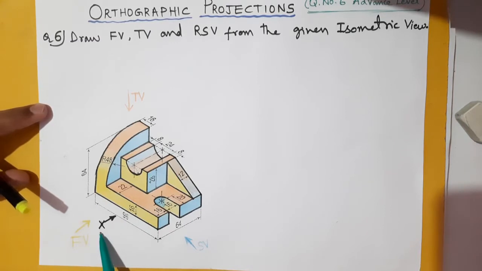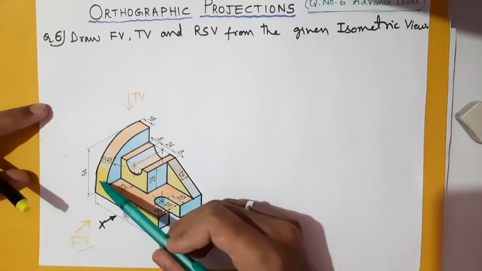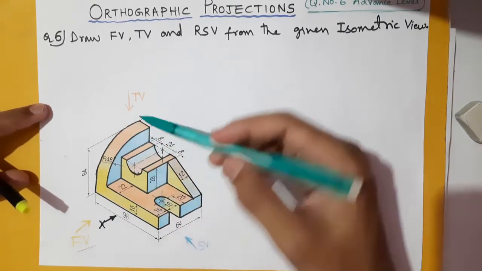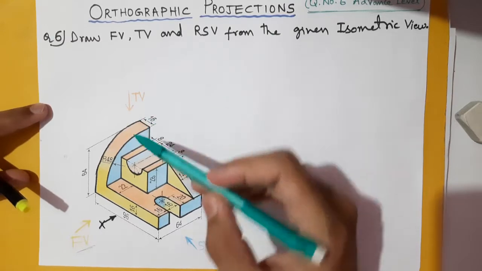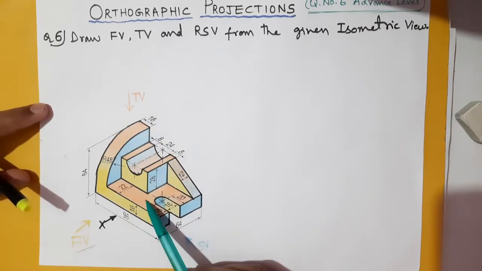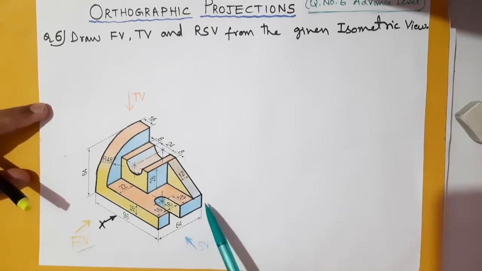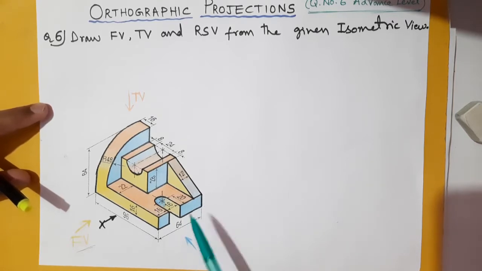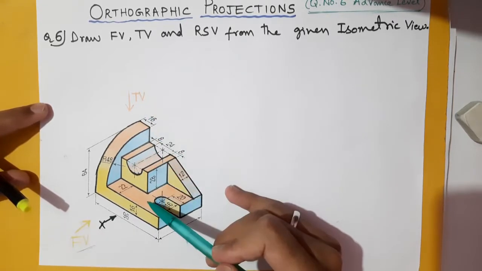Here an arrow and X are given. It means from here is the front view. The front view I have represented with the yellow color. So from here, whatever things you are able to see will be treated as the front view. In the front view you will be able to see this surface. This surface is common for the front view as well as the top view. If you look from the top, this is the top surface, which is represented by orange color, and here is the side view, which is represented with the light blue color, sky color you can call it. So side view is blue, front view yellow, top view orange.